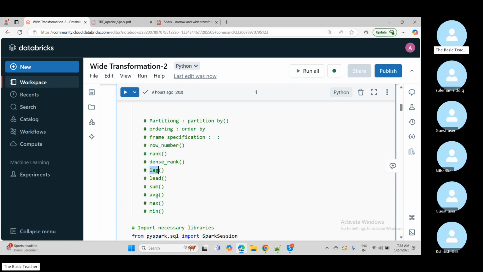Then sum, average, max and min. I believe that you know this very well. These are your mathematical functions, or aggregate functions you can say, in SQL, where you do the sum, average, max, min and all. So let's take this